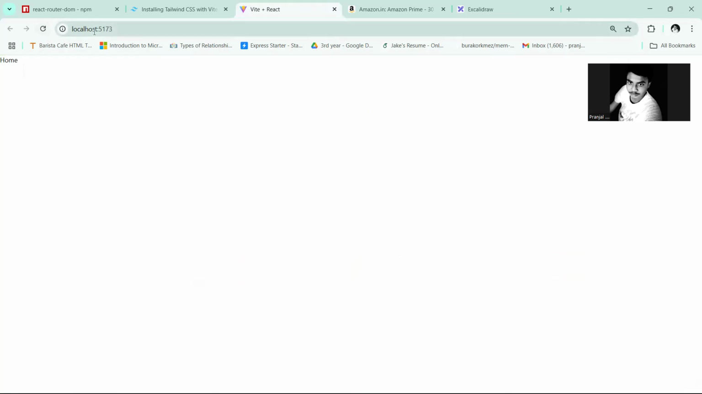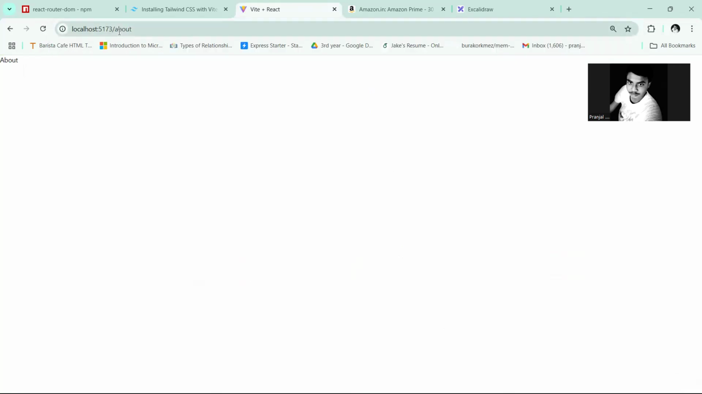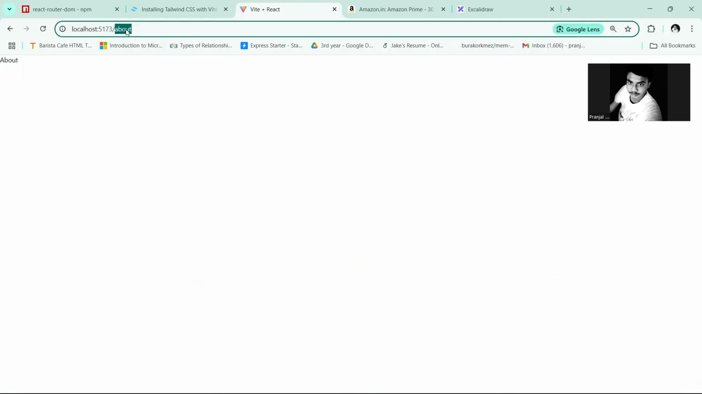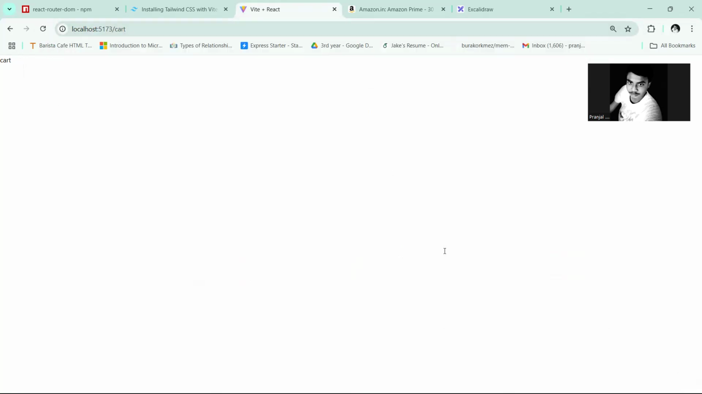Coming to our home page. Very good. And after that, the about page. Wow, it's working. You can see here the URL is changing and the content is also changing. The cart section, the cart is changing. So